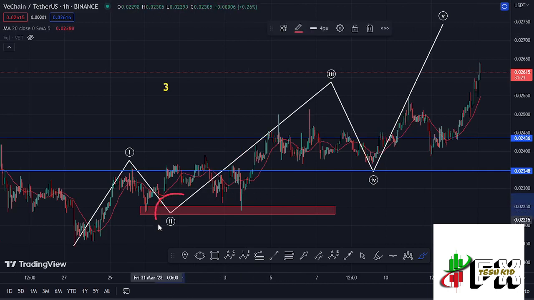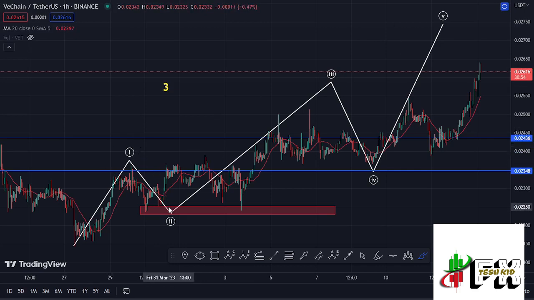to the lower side in the formation of this wave 2, in a move that has now managed to get into the minimum retracement area in the formation of that wave 2. And all this is playing out after we fully peaked in the formation of that first wave in a move that gave us a high at around the $0.02348 mark. And having seen the formation of that first wave and a second wave, now my primary scenario is